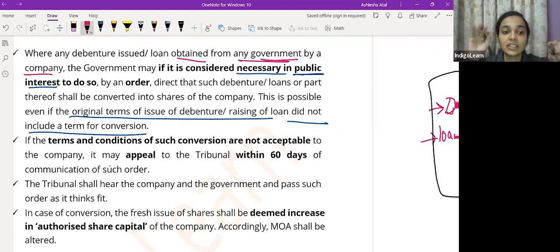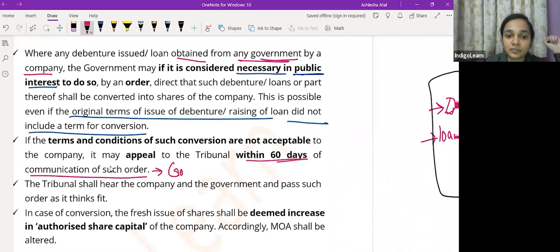If the company is not happy with the terms and conditions of conversion, the company can file an appeal with the tribunal, and this appeal shall be filed by the company with the tribunal within 60 days of communication of order. Which order are we talking of here? The government's order. ठीक है. So government का order आने के 60 days में the company can file an appeal with the tribunal